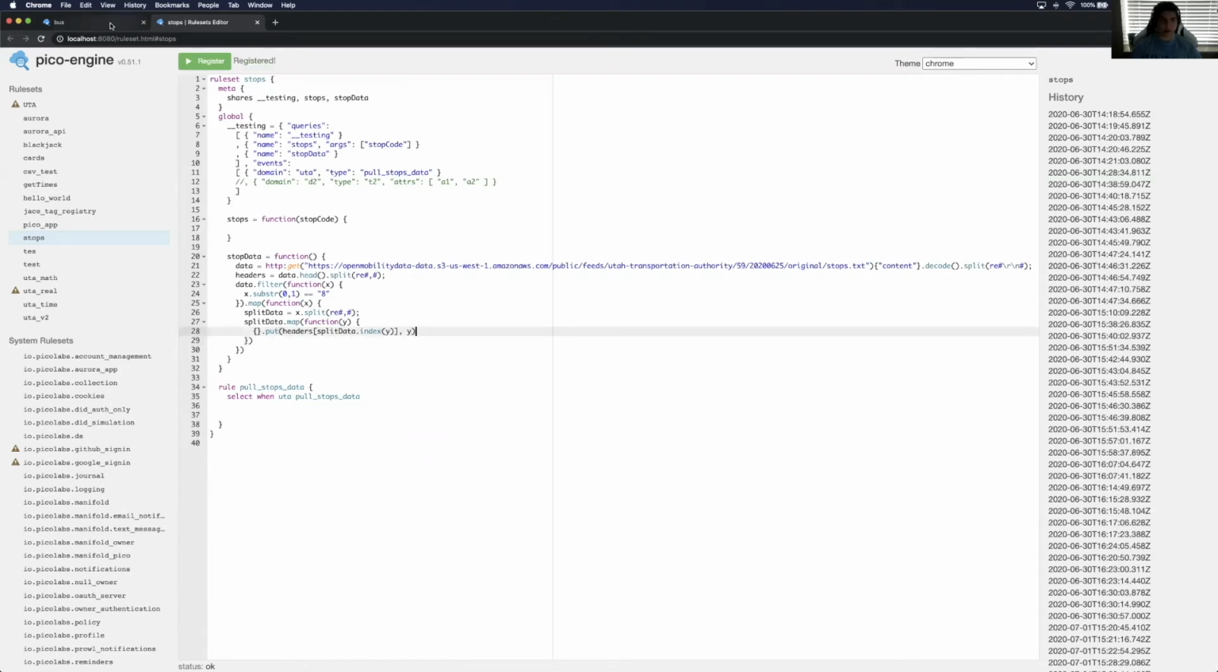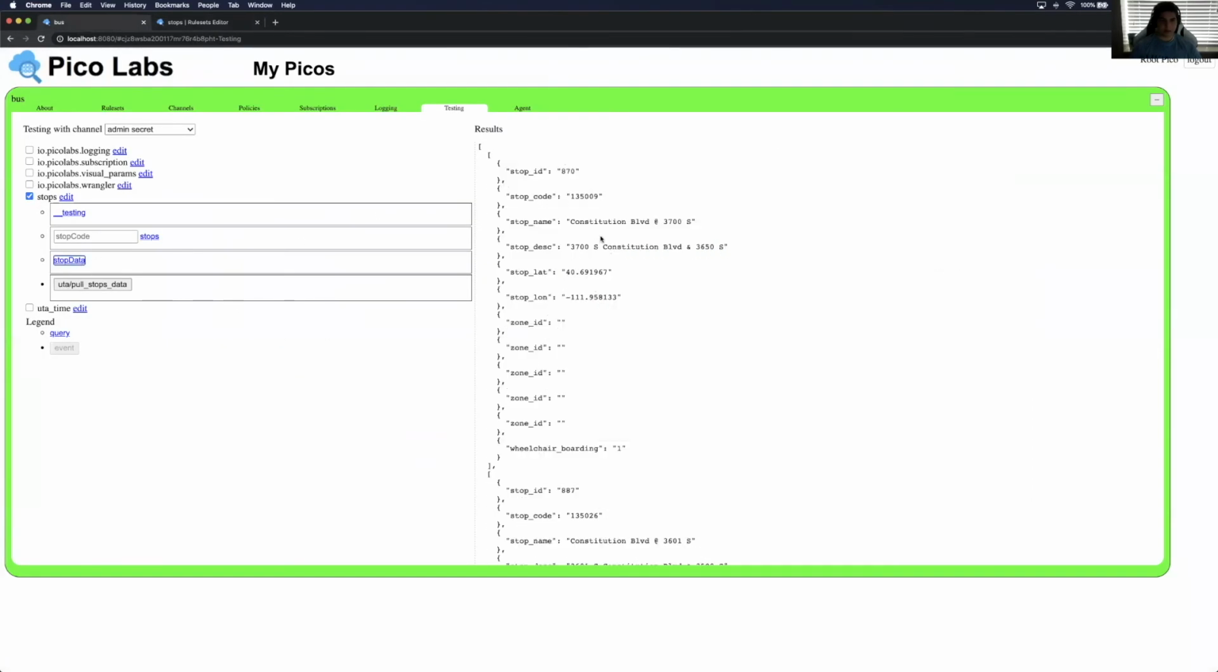So let's see what that looks like right now. You'll see now I have for each element, it's an array, and the array is an array of maps, and each map would be like stop ID to the value of the stop ID, stop code to its stop code, stop name, and so on. But what if I don't want this to be an array of maps? What if I just want it to be one long map? Well, what I could do,